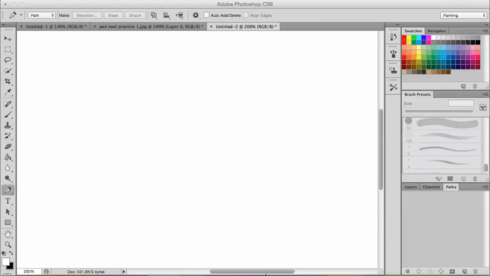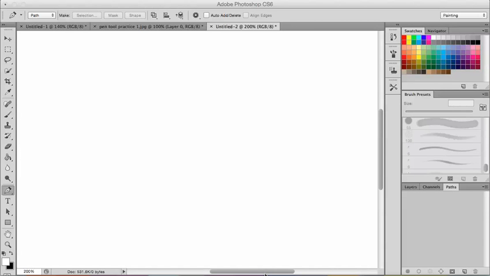Okay, ladies and gentlemen, today we're going to continue our exploration of our tools in Photoshop CS6, and our next tool that we're going to talk about is the pen tool, the dreaded pen tool. A lot of people are nervous about using the pen tool. It is one of the more complicated of the tools. However, you'll see that once you start using it, it is very user-friendly, and it's something that you're going to be using a lot. So once you get comfortable with it, you're going to find yourself really relying on it,